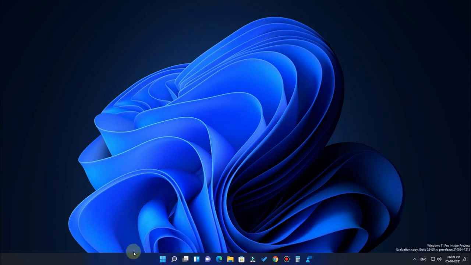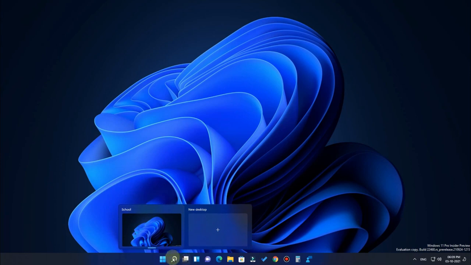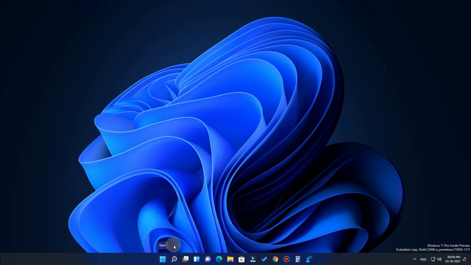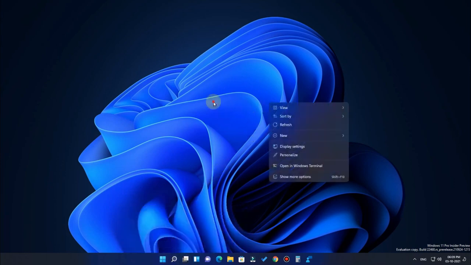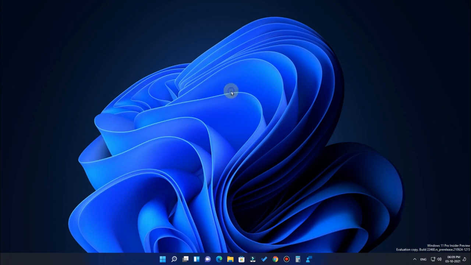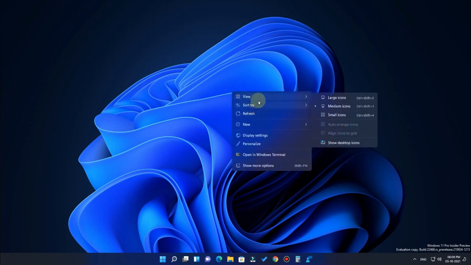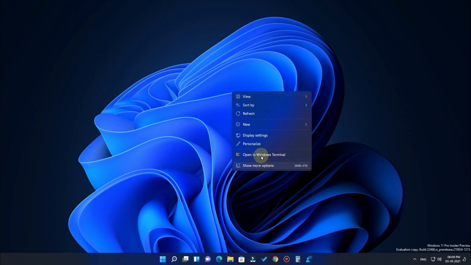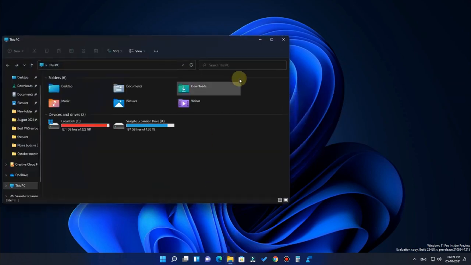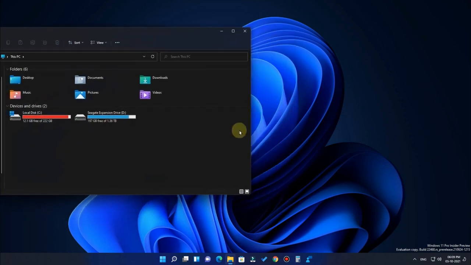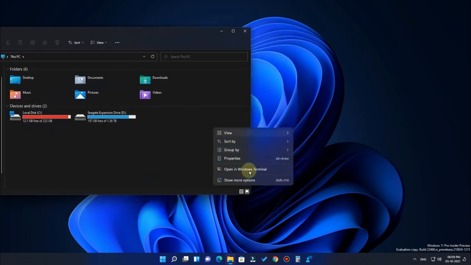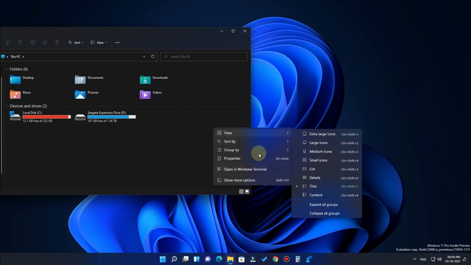In case you are already a Windows 10 user, you have to practice using the start menu in the center. And then there is a new acrylic material design. As you see here, the context menu is designed in acrylic material, which means it's transparent in view. Now I'm opening File Explorer and right clicking here. After that, you can see the different backgrounds.